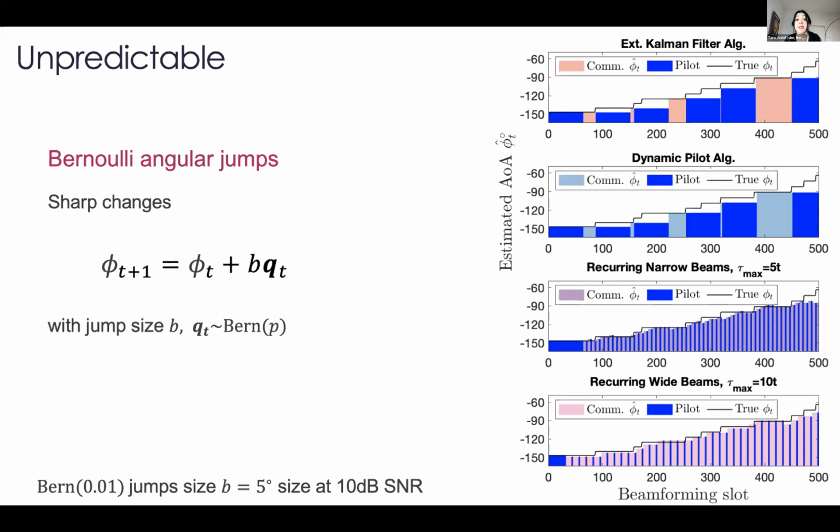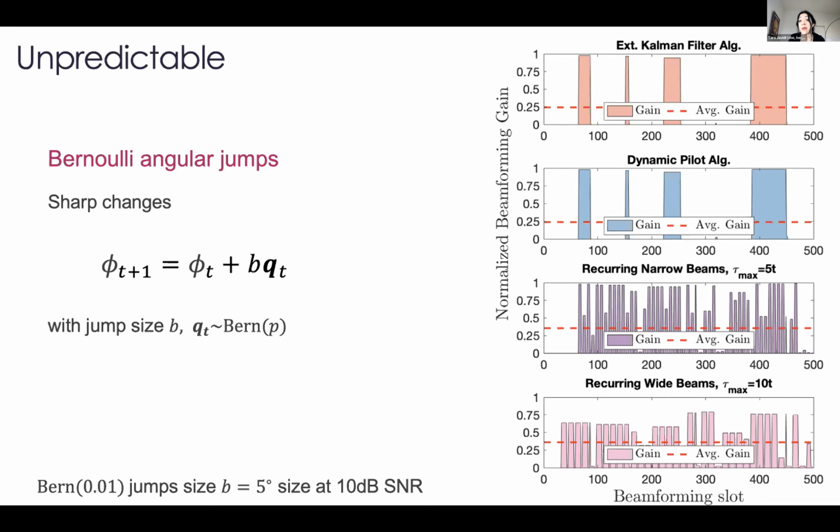Again, the same thing happens in these models: if you don't have a good handle on this stochastic mobility, you lose the transmitter, and none of these methods do quite well, with the exception of the lowest one, where you have given up from the get-go on having narrow beams. So the gain is low, but you're not following, you're covering a larger angular space. So you don't lose your communication completely.